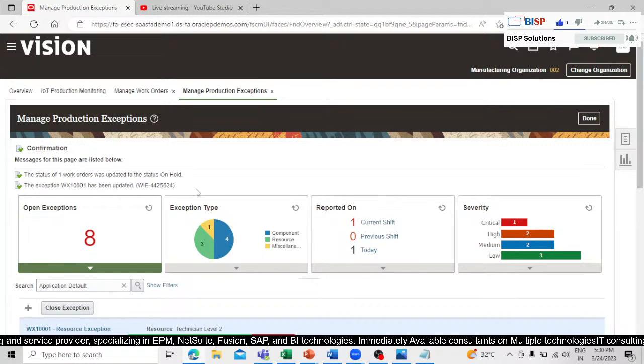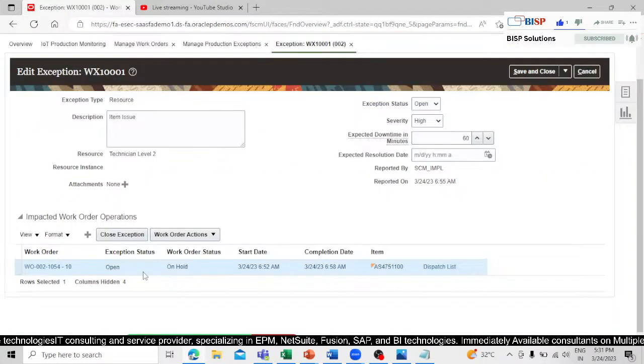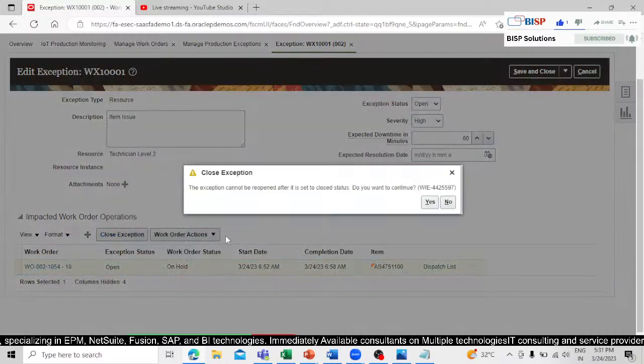No issue. So once the issue gets resolved, you can set the work order status to release, then we can close the exception. We have to close this exception, right? So again click on this exception, right? So click on this close exception. Yes, I'm going to say yes,